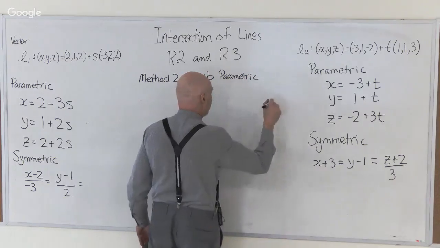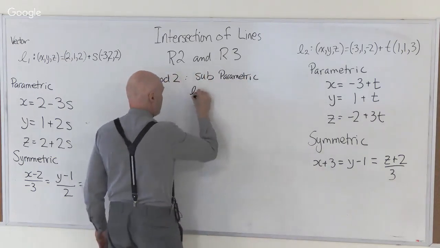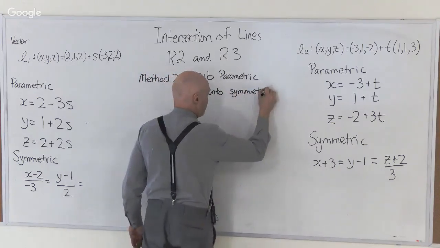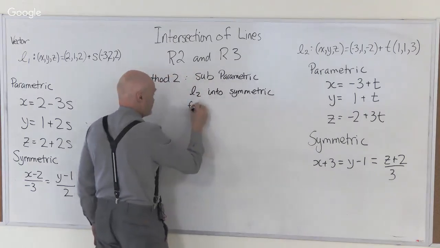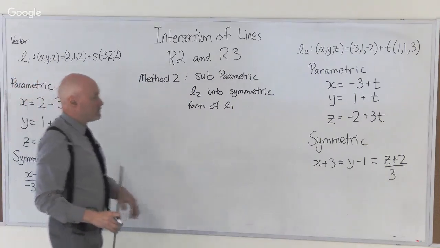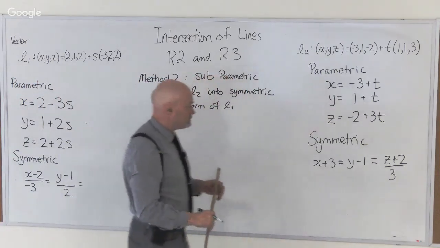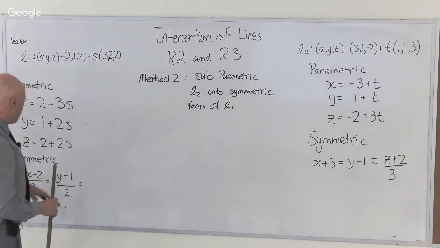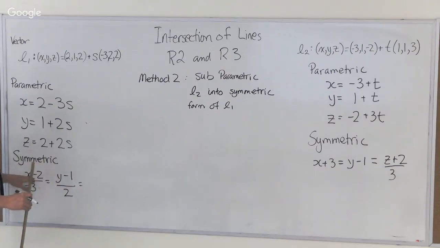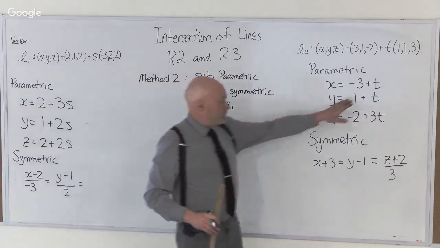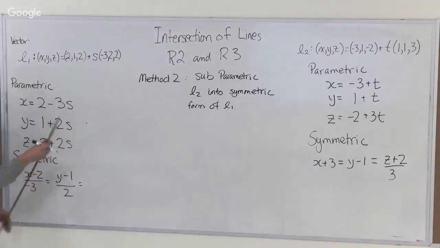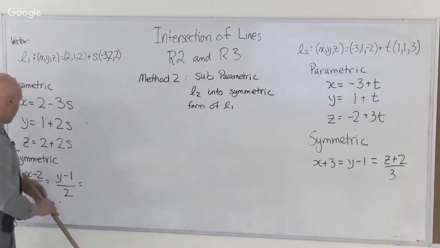So substitute the parametric form of line 2 into the symmetric form of line 1. And right now that doesn't really tell you what we're actually headed for, but what we want to do is find out what the value of t is that is going to find the point of intersection, and we can do that by substituting the parametric definition for x over here into the symmetric x down